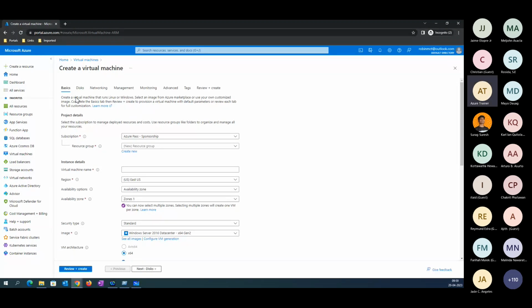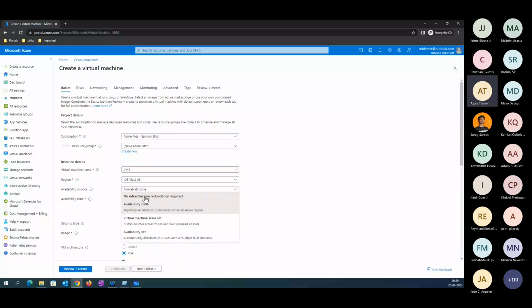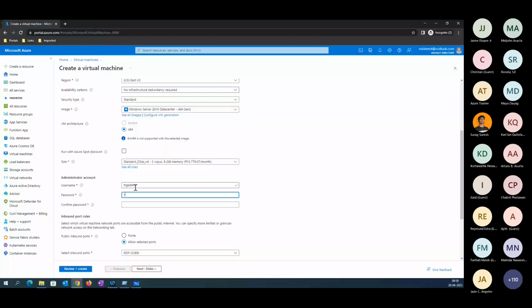Let me create a new one. I'm just saying Azure batch. The VM name I'm giving is VM1. I'm going to create it in the East US region. Username and password have been given.